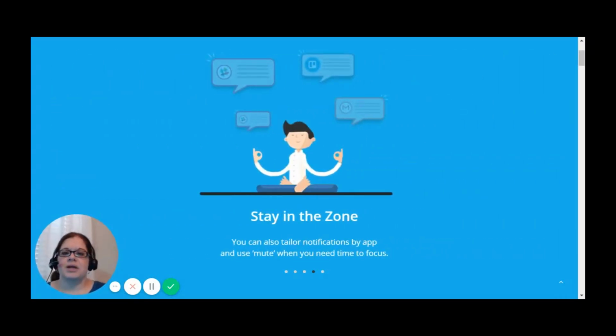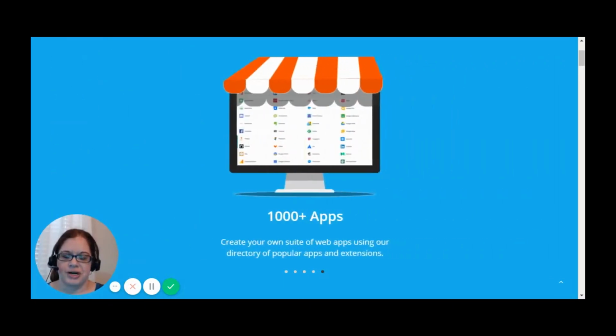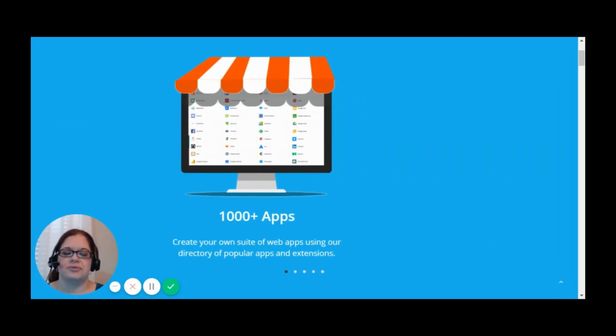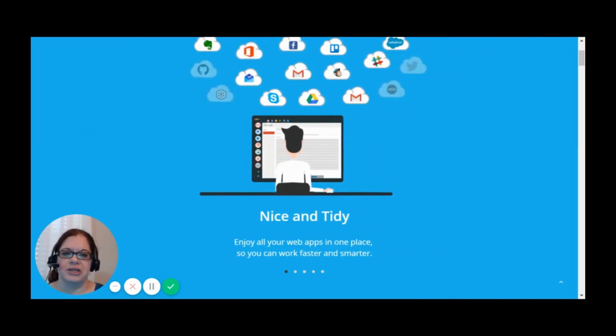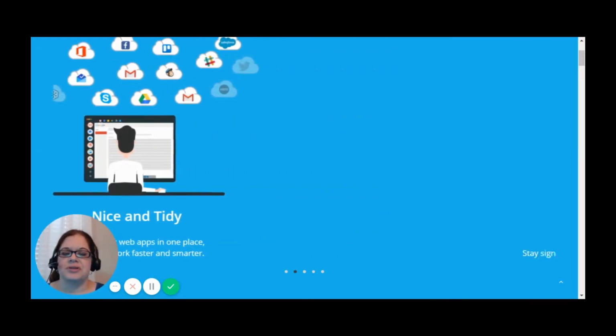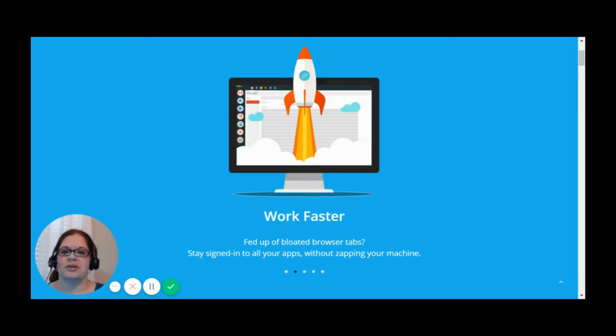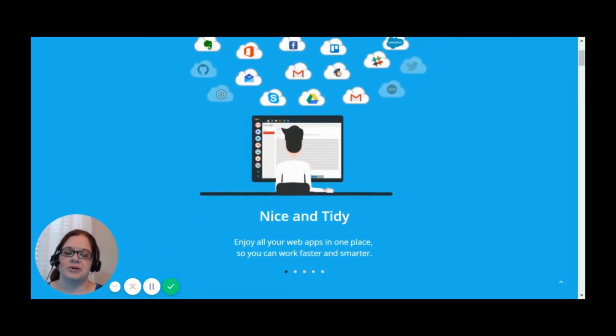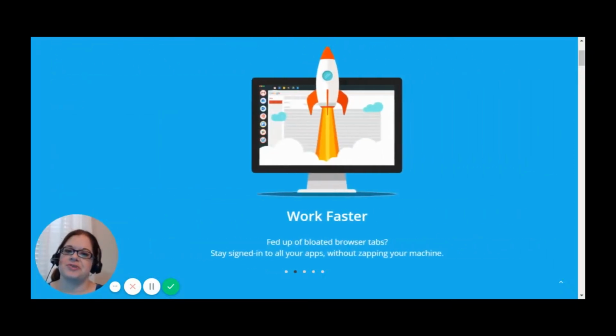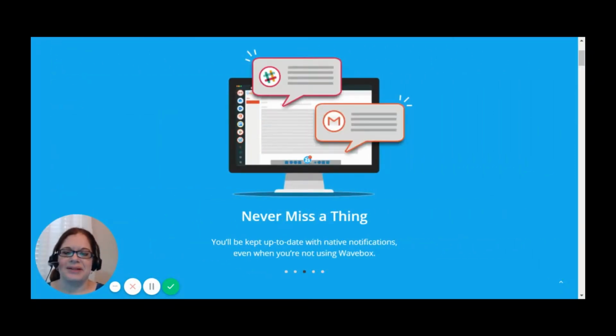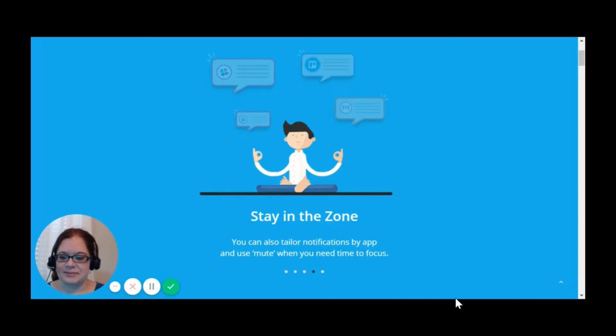So if you're not reliant on extensions in your browser very much and you just need one place to open and view maybe your email, Facebook, things like that, I think WaveBox would be just fine. If you're reliant on browser extensions in Chrome, I think you'll find it frustrating, but otherwise it'll be just fine for you. The second app I'd like to visit is MeisterTask.